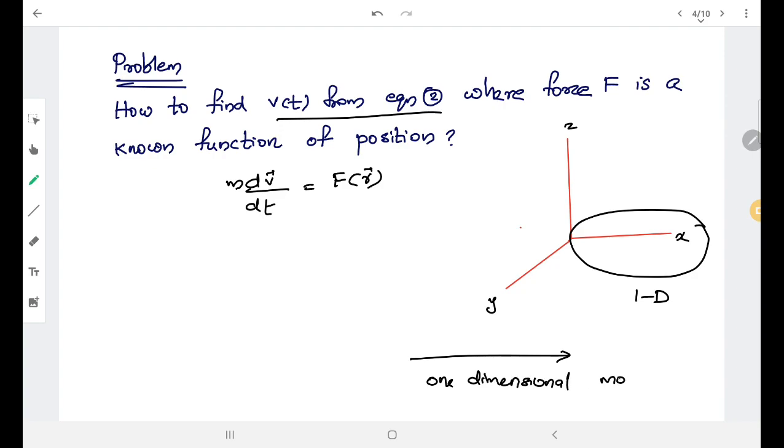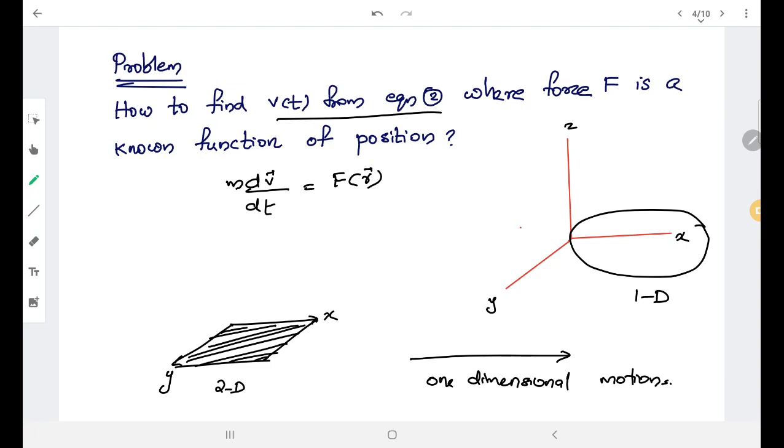Now, if we have two dimensions, that means I have an x dimension and a y dimension, then what is this? This is a plane. We know that a blackboard is a plane. So it has two coordinates, x and y, and we name it two-dimensional motion.